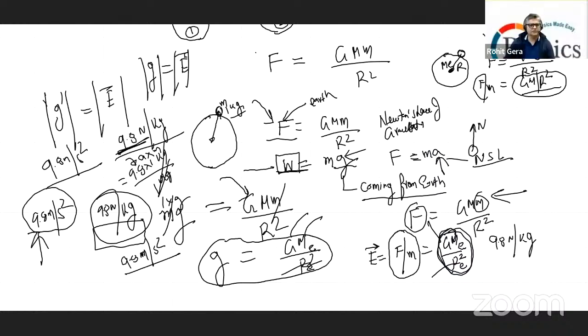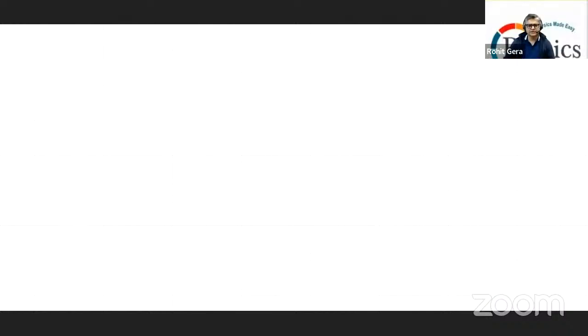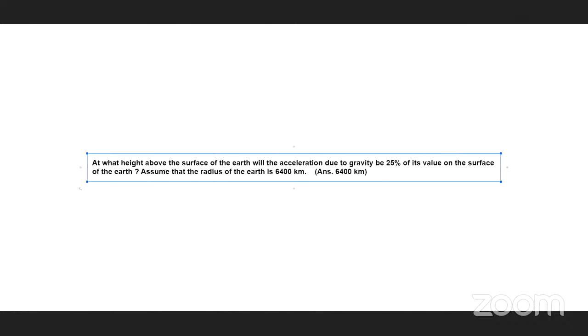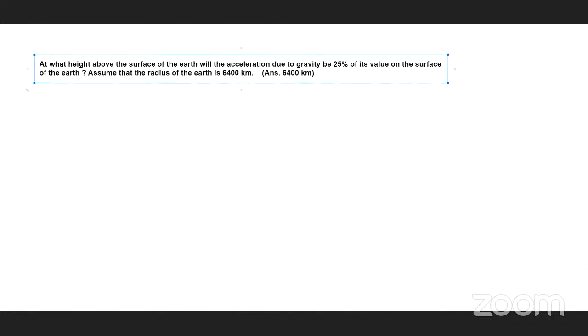Try this. I'm going to the next page. लो जी।